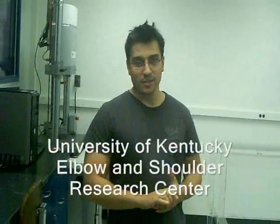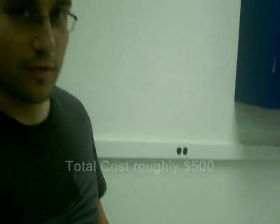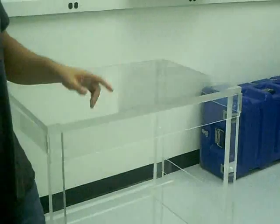The reason we made a plexiglass table over here in this lab was because we're going to use electromagnetic sensors and we don't want interference with any metallic objects. The whole thing cost us about $500, and I'll put up a list of the components and the material that you'll need to create something similar to this. Alright, so